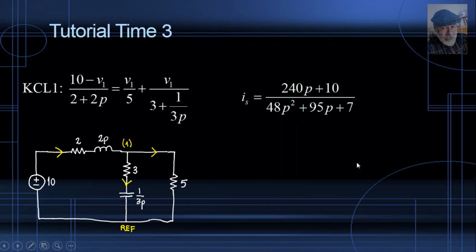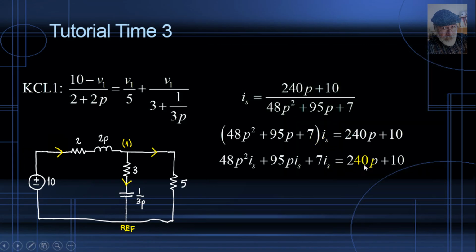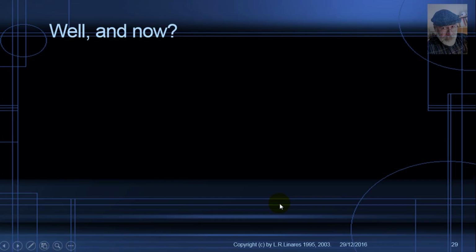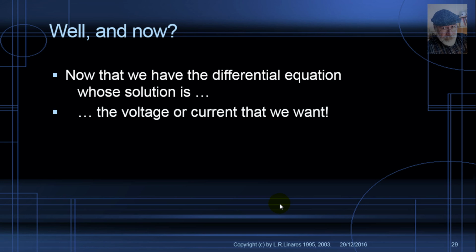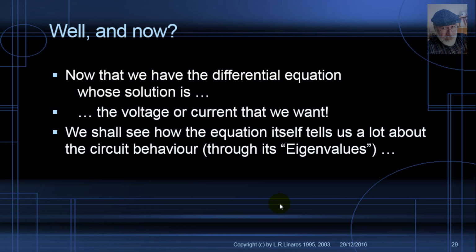Let me copy that over here, and then we expand it like so. We know that 240P is actually 0, and that is the differential equation whose solution is the current in the source, which is our goal for now. And now, what happens? Well, now that we have the differential equation whose solution is the current that we want,